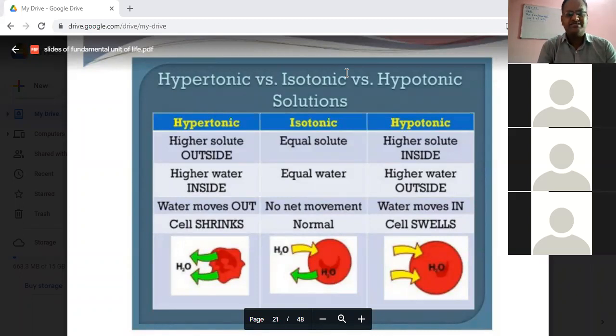Now, students, as an assignment today, you will prepare the differences between the hypertonic, isotonic, and hypotonic solutions, and you will also practice the diagram of the prokaryotic and the eukaryotic cell, definitely. Okay. Now,